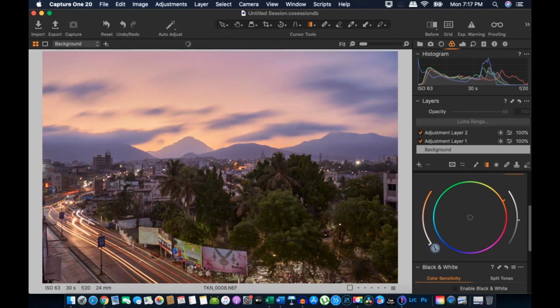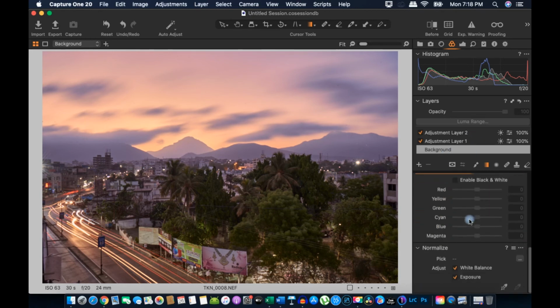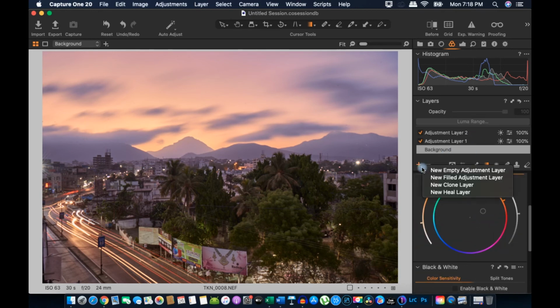Here there is no effect because it is at completely zero, and then slowly you can increase the saturation of the color, and this slider determines the intensity, how intense you want the effect. So we'll target somewhere in the middle. This is looking good.